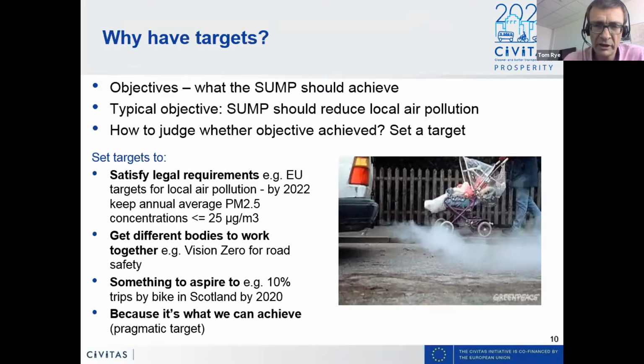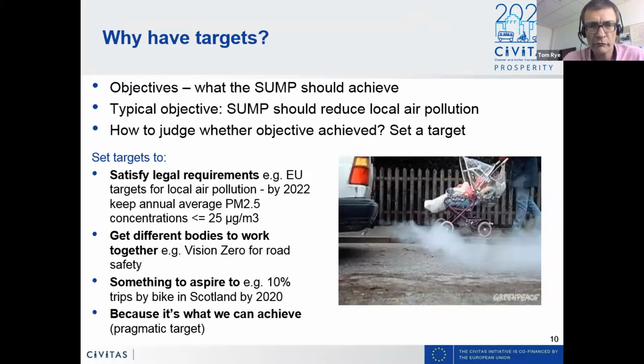It depends on the police for enforcement. It depends on traffic engineers, transport planners in planning the transport system. It depends on drivers themselves, and drivers' organizations. It depends on car manufacturers. So if you can have a target that everybody signs up to, all those organizations, then this can help to